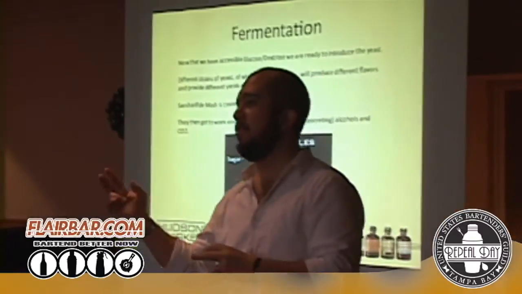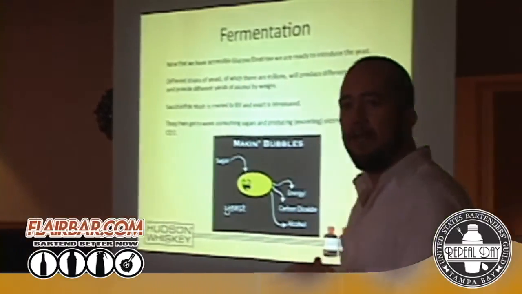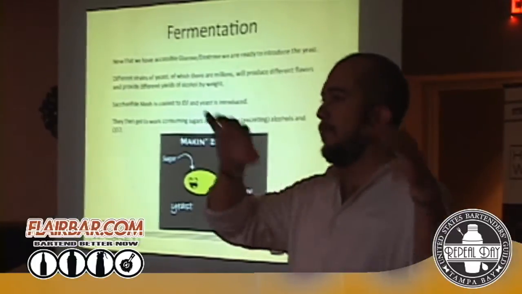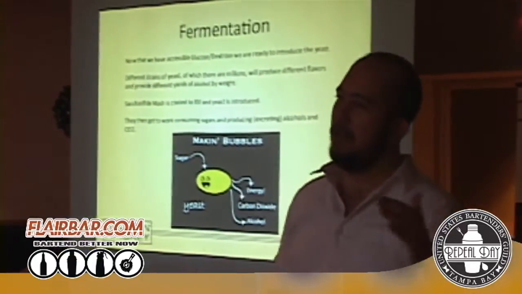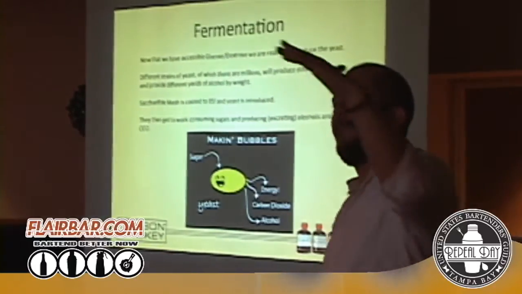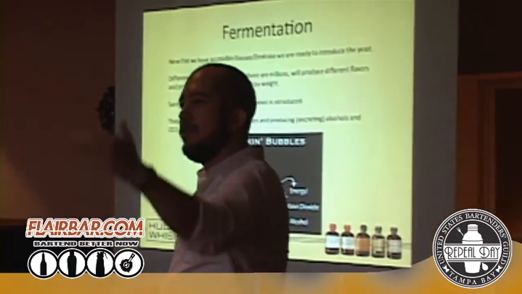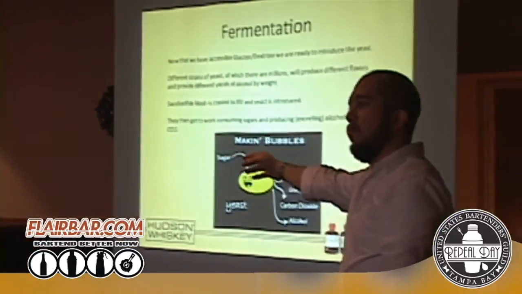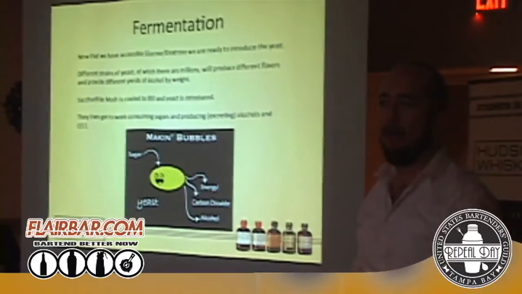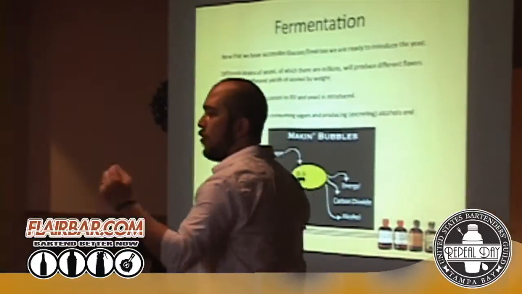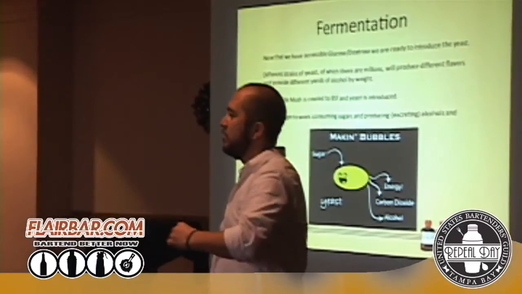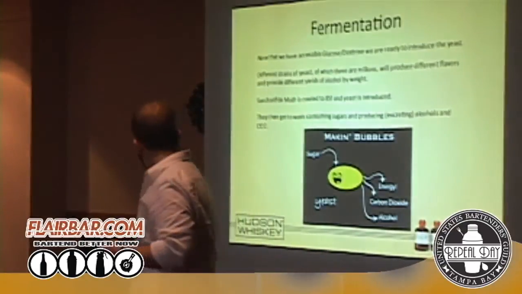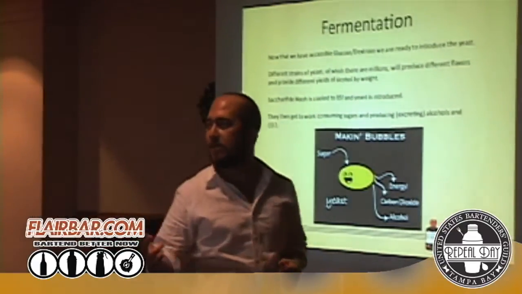We use 2 different types of yeast for our process. And we do that because you're getting different flavor profiles out of different strains of yeast. And also they work at different points on the spectrum. So as you know, one strain is active in converting sugar into alcohol and starts to die off. The second one picks up where the first left off and will give us more conversion, and we're going to end up with a higher alcohol content on the end, and convert more of that sugar into alcohol. We want to convert as much of that sugar into alcohol as possible. We don't want to leave a lot of that sugar behind. And the other byproduct of fermentation is CO2.